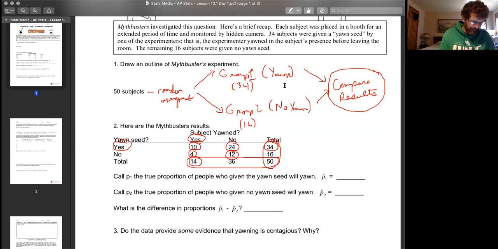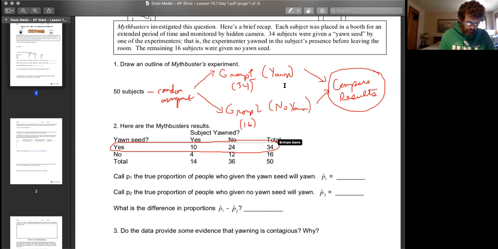Okay. So we're going to call P1 the true proportion of people who, when given the yawn seed, will yawn. So let me erase all this. We're looking at a conditional probability for P1. When you're given the yawn seed, so yawn seed yes, what is the proportion of those people who will yawn? We don't have that number. We're going to be looking for it. But we do know that 10 out of 34 people yawned in this condition. So 10 divided by 34 is, I'm going to round it off to 0.29